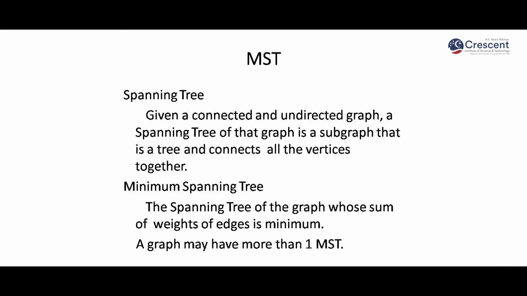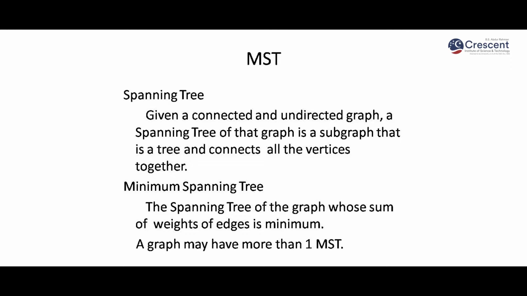Each edge has a weight. Weight is nothing but a cost or distance between two nodes or vertices. Normally, a graph is denoted by G of V, E. A spanning tree is a tree which is a subgraph of the actual graph which connects all the vertices of the graph. A minimum spanning tree is a tree in which we are finding the sum of all weights of